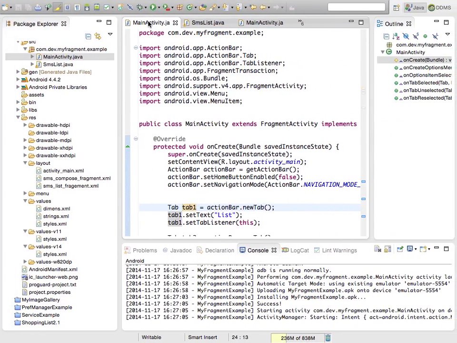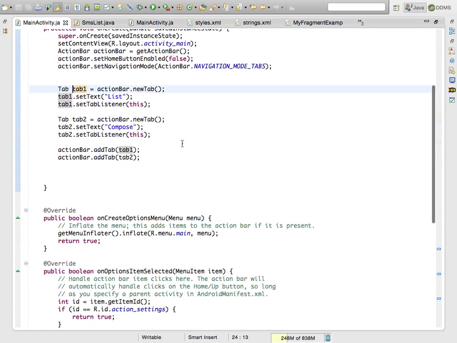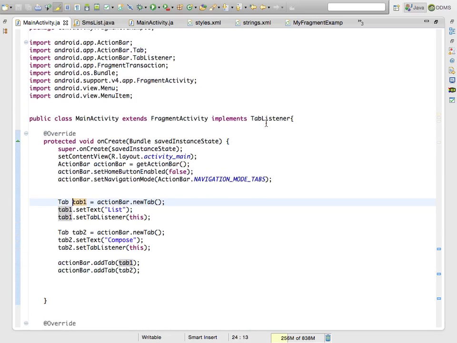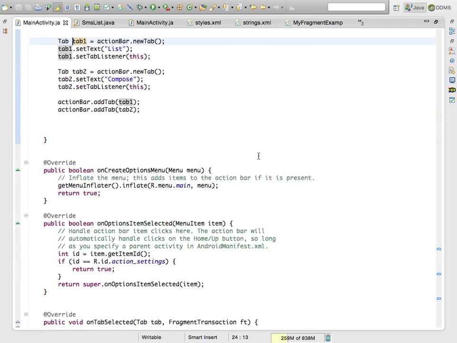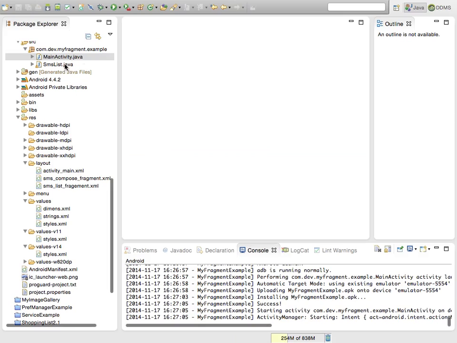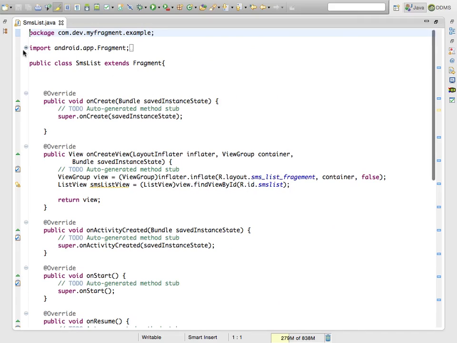So let me see where I'm right now. I have two tabs, and a tab has an event listener called tab listener, and that method has been implemented. Looks fine. Okay. So let me close all. So I have one fragment which is created already, and